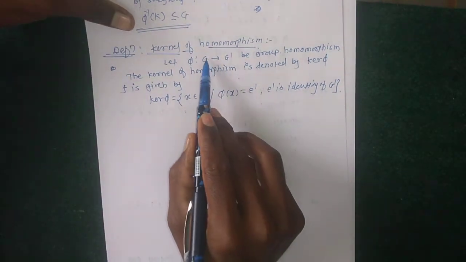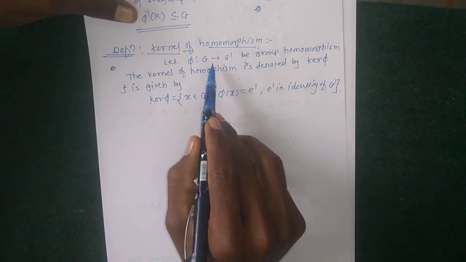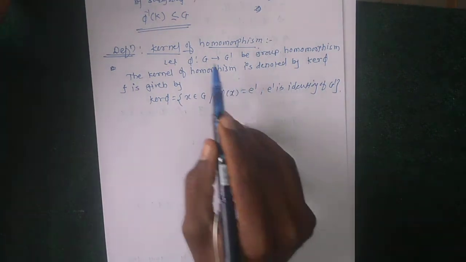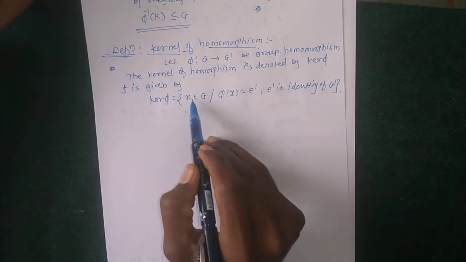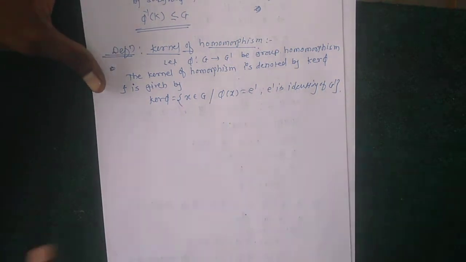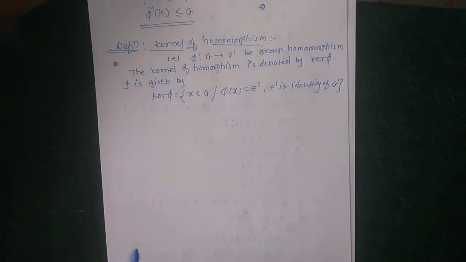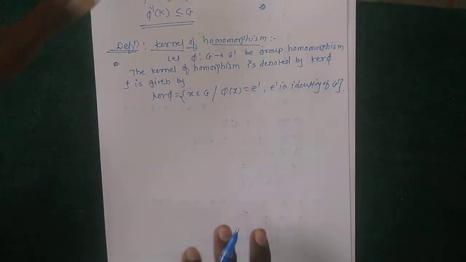If the image of an element is the identity in G dash, then that element belongs to kernel phi. This is the definition of kernel phi. Okay, so then